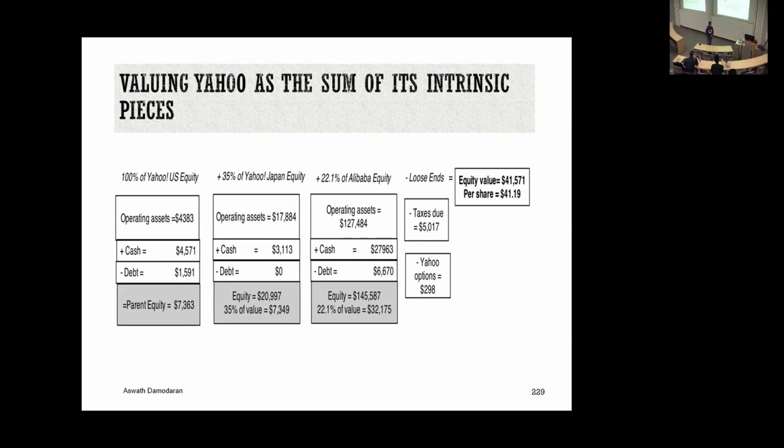You add the three numbers up. And just to clean up, I made sure that if I actually had to sell these holdings, I'd have to pay a tax liability. So I took that out. And I came up with an intrinsic value of Yahoo that includes all three components. Why was I able to do it? I wouldn't have been able to do this in 2013 because Alibaba was still privately held. It was the fact that they filed a prospectus that allowed me to do it.